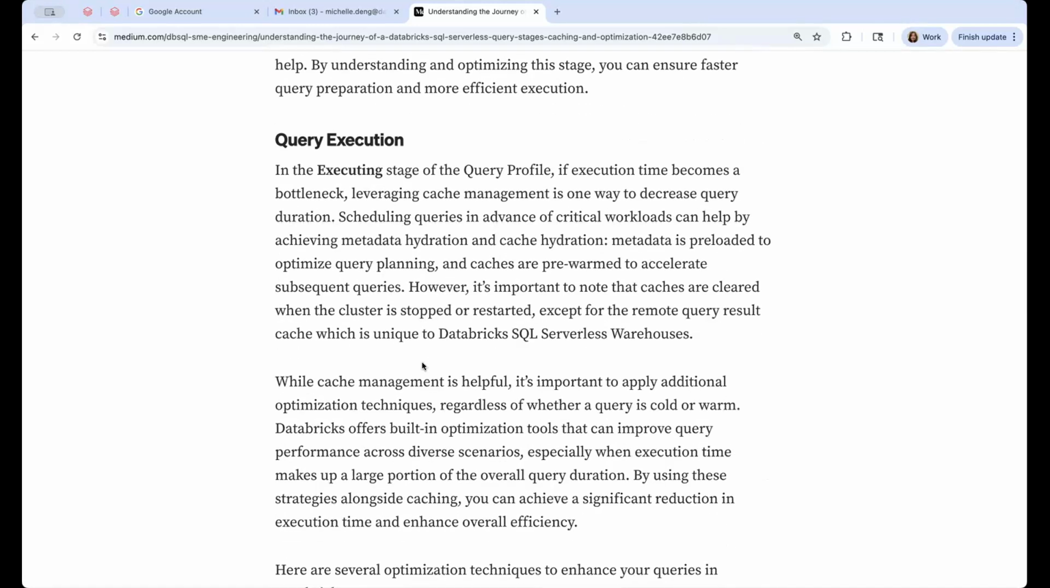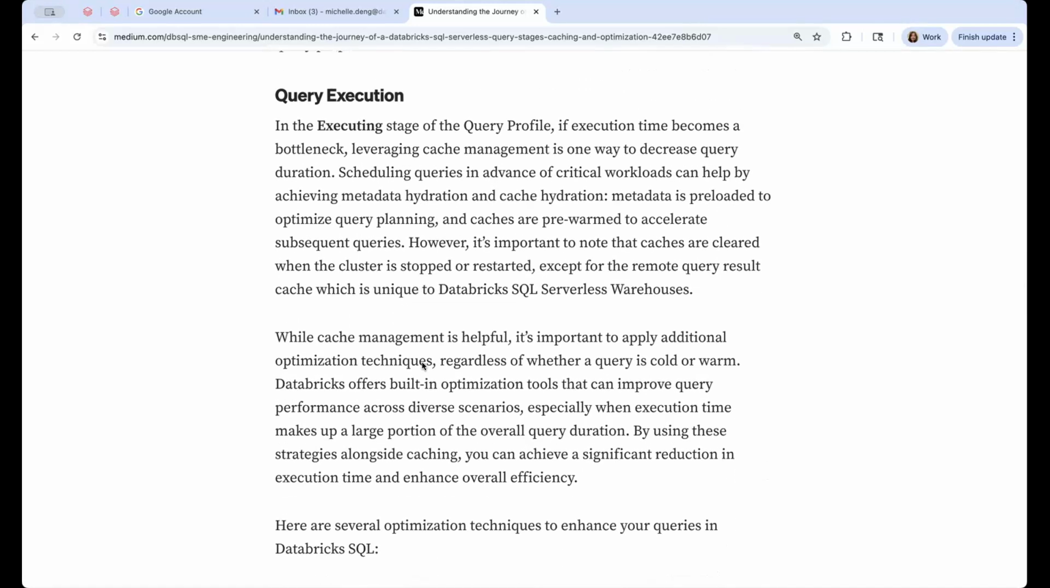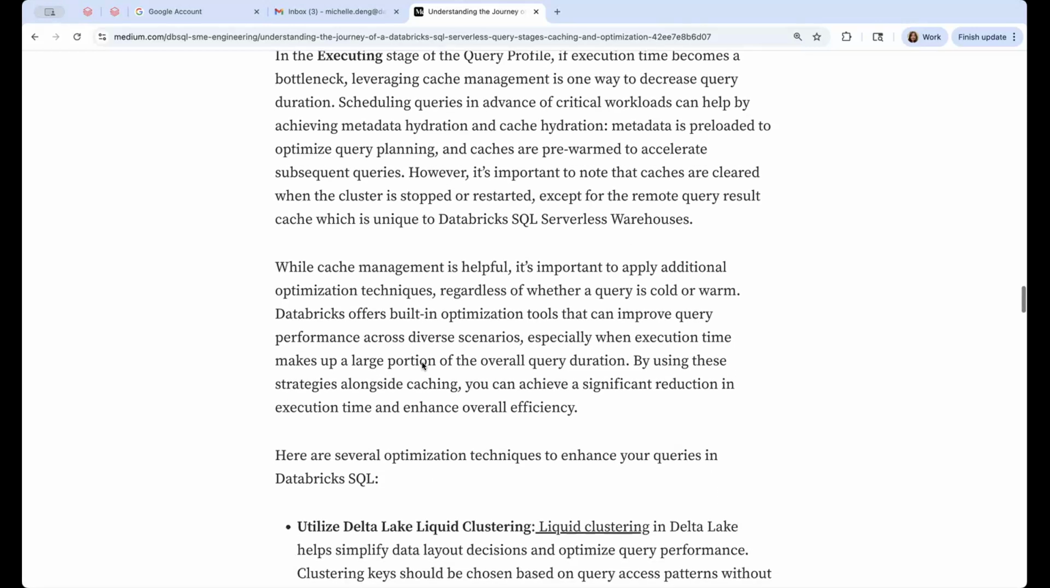The query execution stage is where the query actually runs. If this part is slow, caching can help. Running key queries in advance helps preload metadata and warm up caches, so later queries run faster. But beyond caching, Databricks has built-in tools to help you speed things up. A few to know: